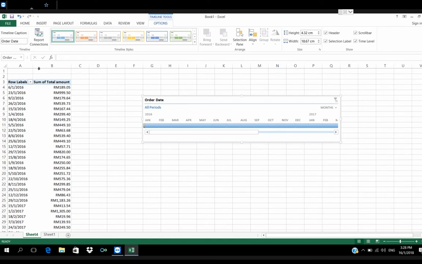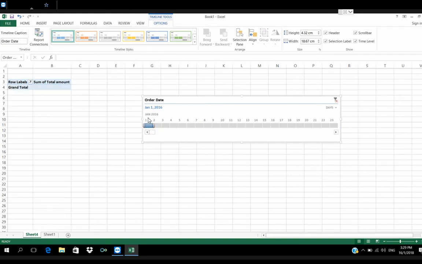So this is my data by year, and if your data has a lot of days, you can even change the months into days. As you can see, my January first day has nothing.